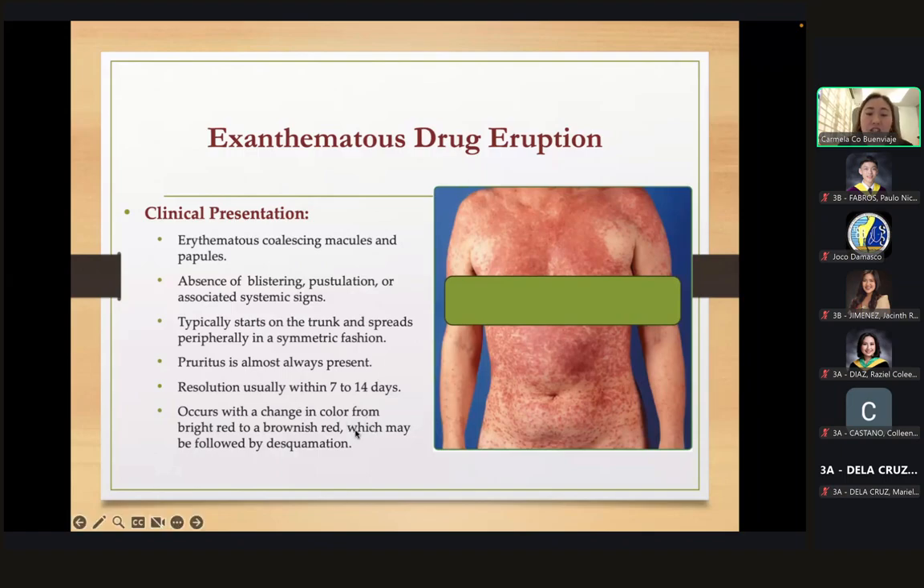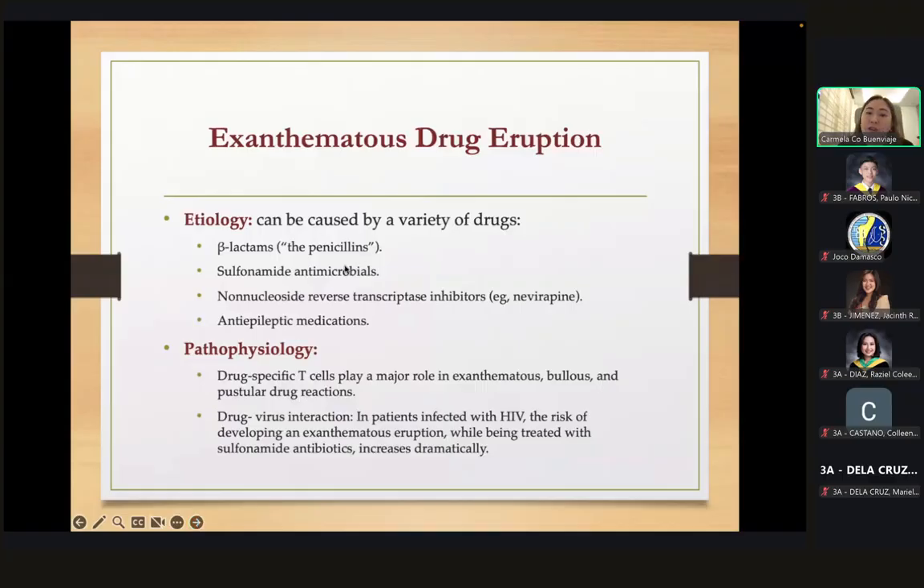It occurs with a change in color from bright red to a brownish red, which may be followed by desquamation or scaling of the skin in the later stages. So for etiology, it can be caused by a variety of drugs. Most commonly for exanthematous drug eruption are the beta-lactams or the penicillins, sulfonamide antimicrobials, non-nucleoside reverse transcriptase inhibitors like nevirapine,